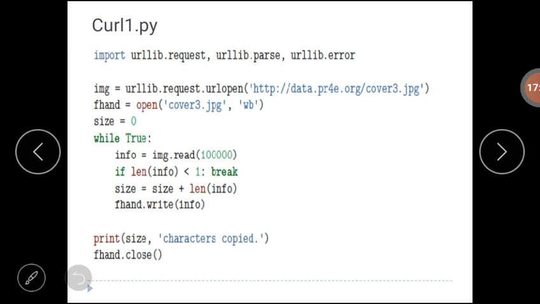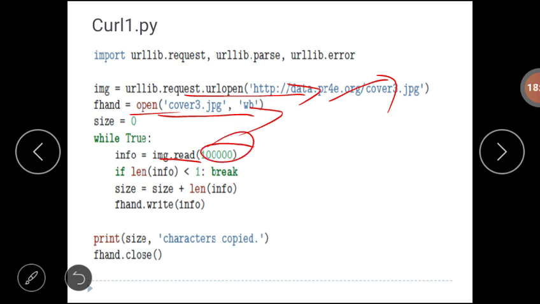Here, this open method will treat that web page as one single file. Then open that file using the open method. Initially size equals 0. Then image.read some bytes of data.